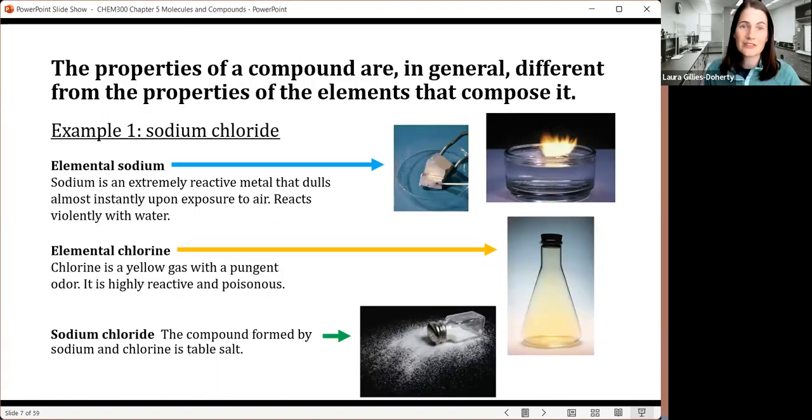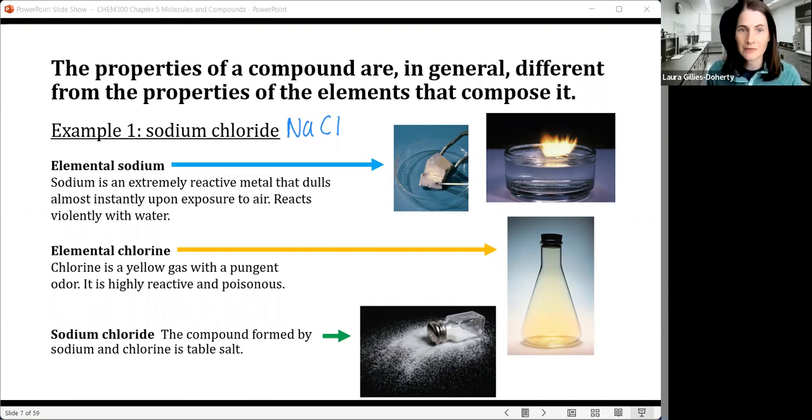So the properties of a compound are in general different from the properties of the elements that compose it. Let's look at sodium chloride as our first example. Sodium chloride is made from sodium and chlorine. Its chemical formula is NaCl, and this is just regular table salt. But the elements that compose it are very different in their properties from the resulting chemical compound that's formed when